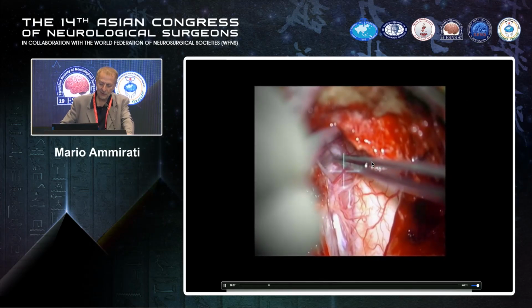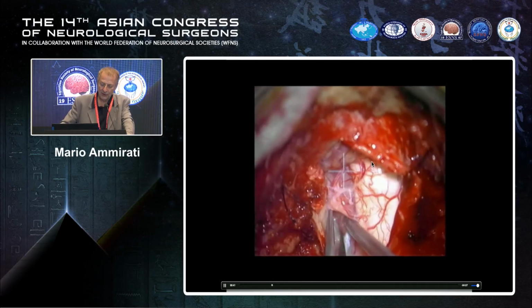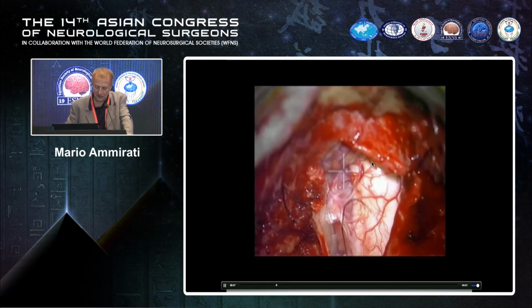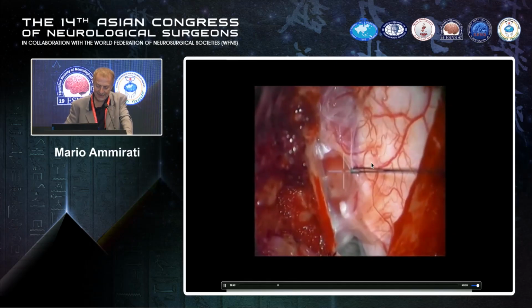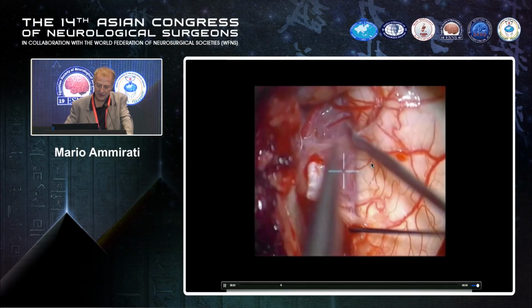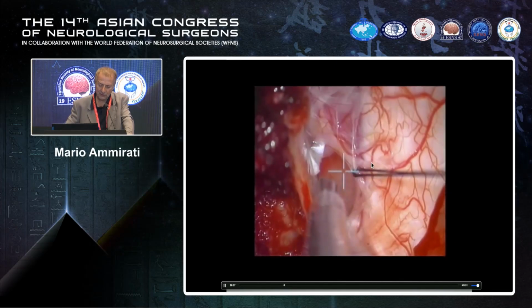You are just in front of the cervico-bulbar junction. And then you just follow the same tenet that we said before. You separate the arachnoid from the tumor, and then you start working on the tumor. First from one angle,